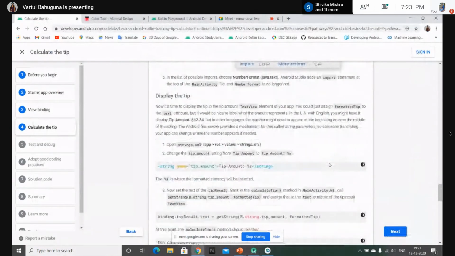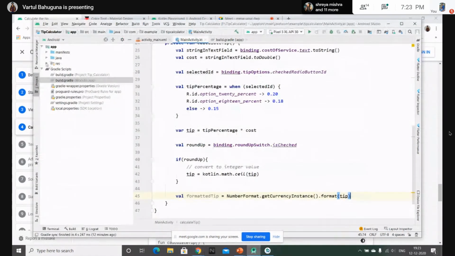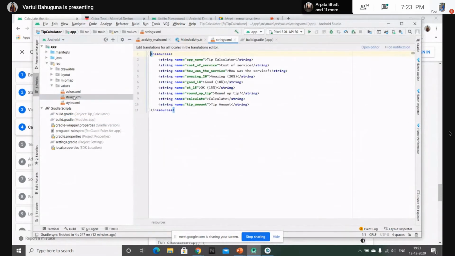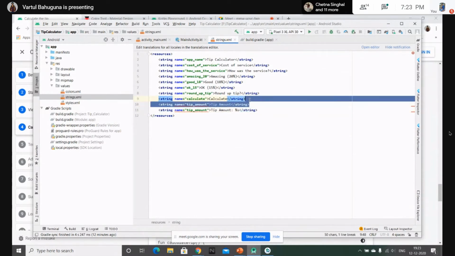So moving on, now we need to add some string resource. So just copy this and add it to the string resource file that's in values, and just delete this tip amount that we have added earlier.